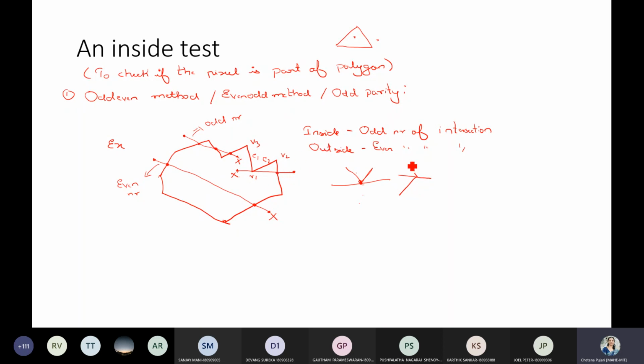And if the edges are something like this, at the opposite direction, then it is considered as odd. So odd plus 1 is even. So when it is an even number of intersections, it is outside the polygon. So this is a case, right? Okay, so this is one method, and the second method is